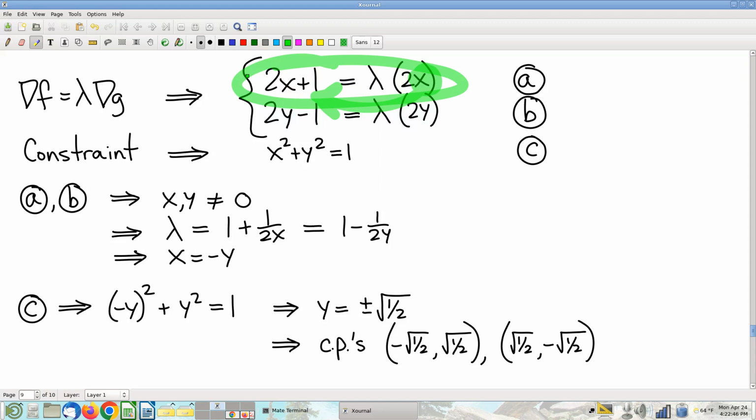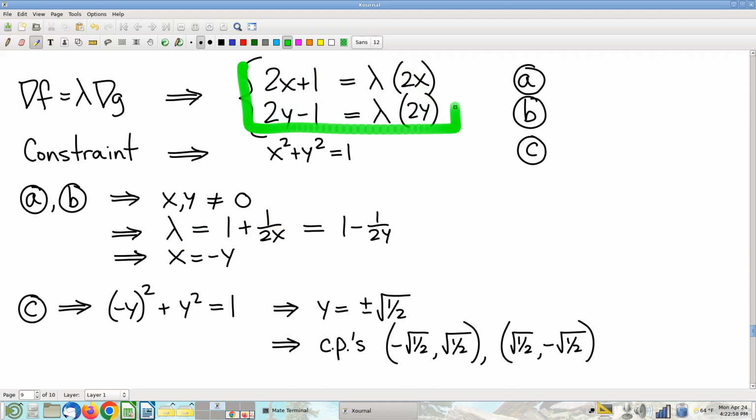Underappreciated fact, right? If x is 0, then this is garbage, right? It's a nasty little sticky point. Okay, so first, I have to recognize that there's, in fact, no way that x or y could be 0. Just plug them in. See, those equations just flat fail right on their face. Right? You plug in x equals 0, the top equation, you get 1 equals 0. Unacceptable. So, you got to make that observation first, and having made that observation that x and y are non-zero,